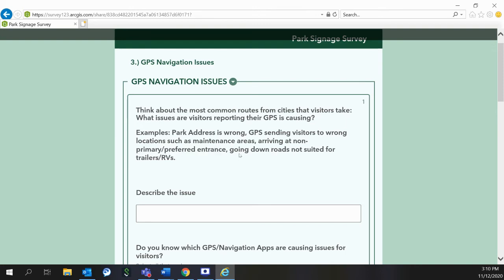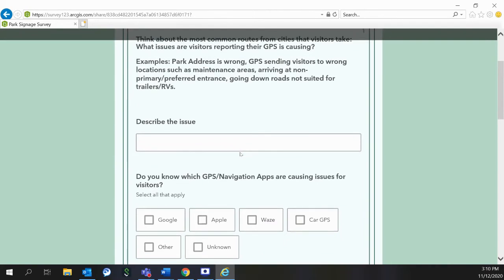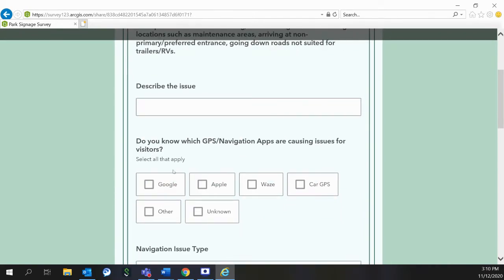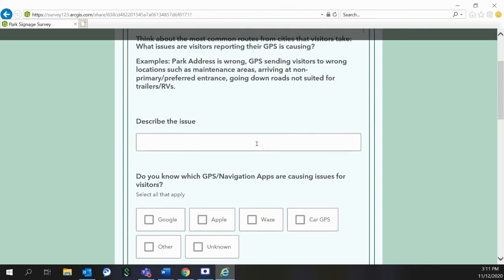This is an effort for us to collect that data, figure out what kind of systems are causing that most often, so that maybe we can have a conversation, report a corrected update of the park address to Google, or on Waze say that there's construction going on and we don't want visitors to be coming down that road. So on here, we're going to say